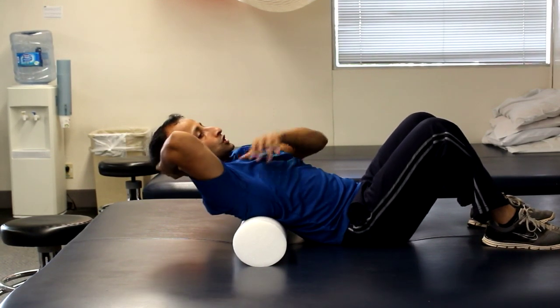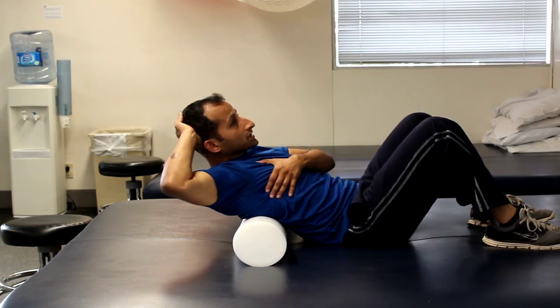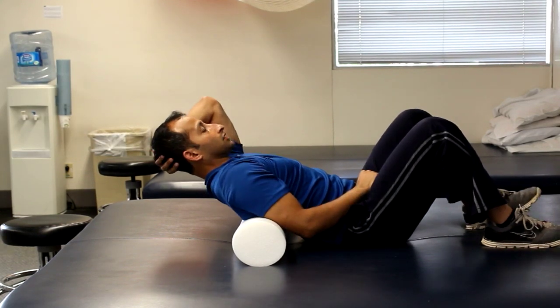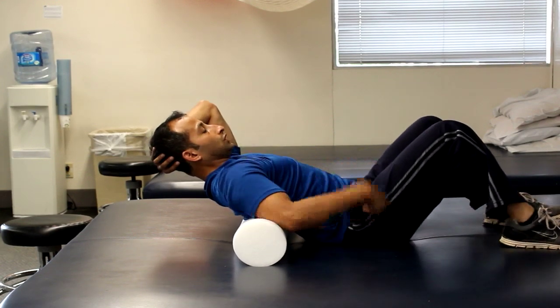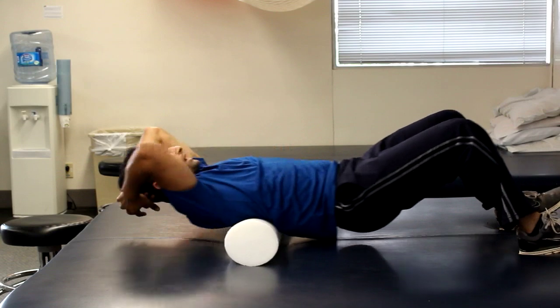Okay, so if you have restrictions or shoulder issues, and a lot of times it's hard to hold this position, or you're just too stiff, can't do that. So bring your hands in. Now I'm going to just keep one hand here so you guys can kind of see. And what you're doing is you're going to bridge up, you raise up, and I'm essentially rolling back and forth